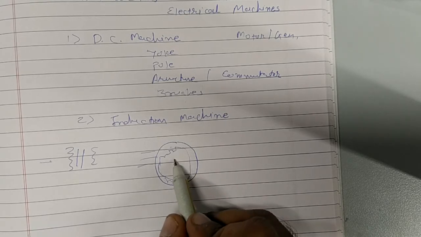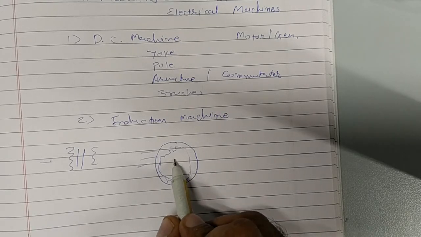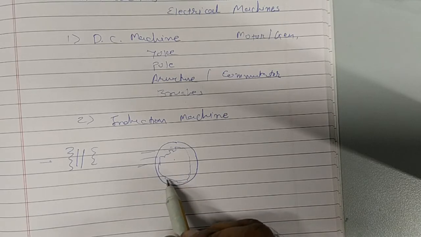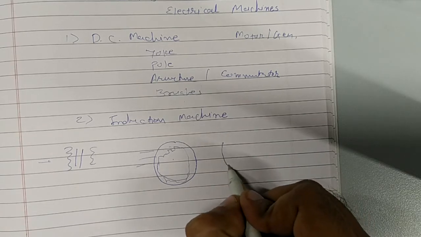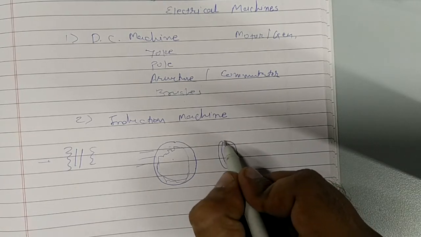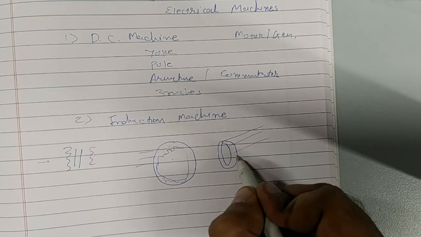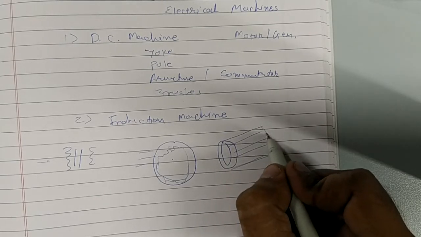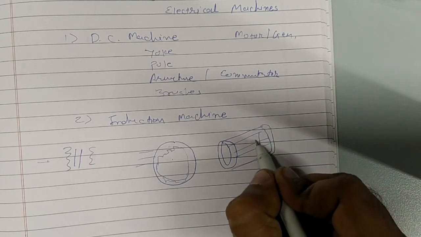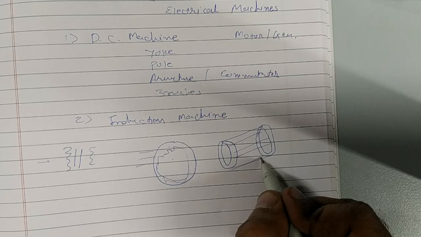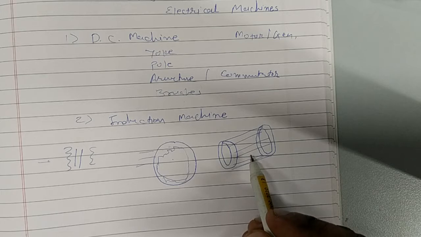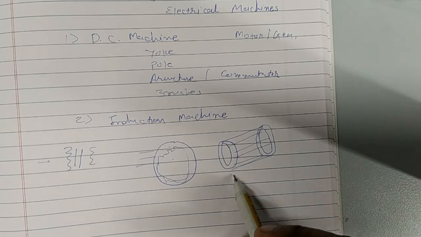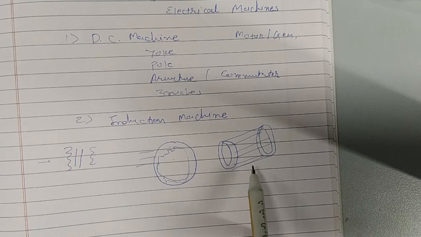And over here we have the rotor. There are two types of rotor: squirrel cage type of rotor and slip ring type of rotor. The easiest one is the squirrel cage type of rotor, in which we have short circuited copper bars like this, and these bars are short circuited or connected to the end rings. It looks like a cage, that is why the name given is squirrel cage type of rotor. Very simple structure, and it will be fitted over here.